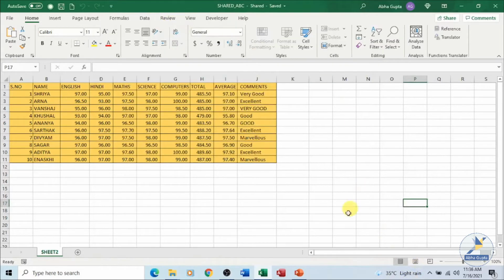I already have a copy of this shared workbook on the network location. Now an important thing to keep in mind is only copies of the same shared workbook which are saved in the same network location and in the same folder can be merged together. If you have the files on different locations in different folders, they will not be merged together. So how to merge it? You have the option over here on the quick access toolbar. Click on it.